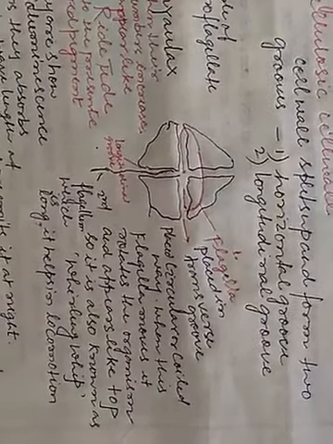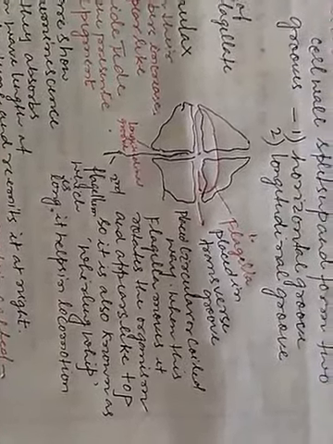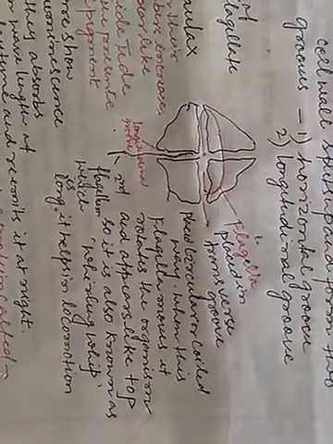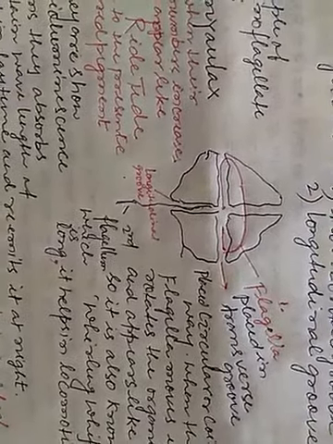One flagellum is placed in the transverse groove, and this flagellum makes a circular loop. When it starts moving, the whole organism starts rotating, so it appears like a rotating top. That is why many times we refer to dinoflagellates as whirling whip. The other flagellum is placed in the longitudinal groove, and when this long flagellum moves, it enables the organism to move.